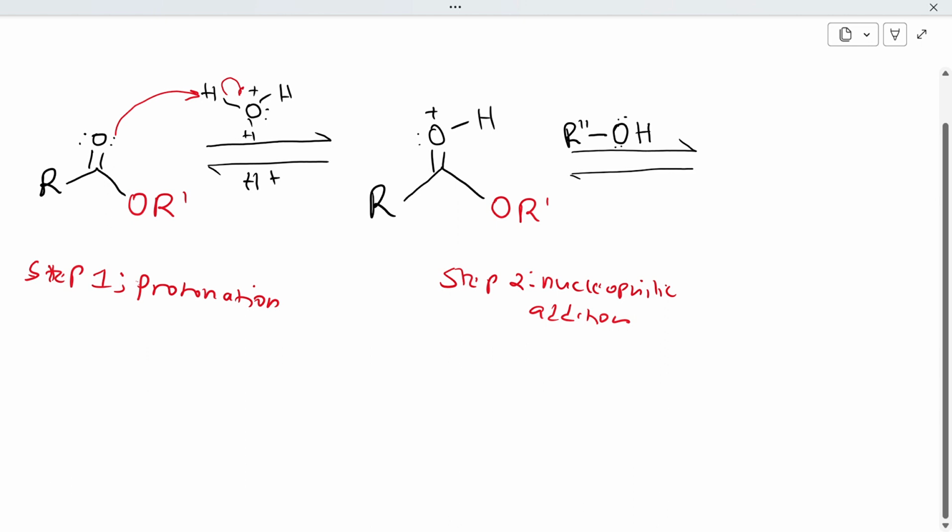So in this stage, our alcohol is going to act as a nucleophile. It is going to donate electron pair. When that happens, the double bond opens up on oxygen,